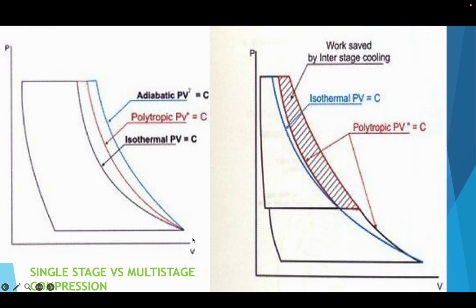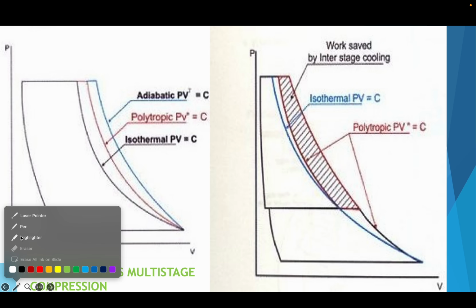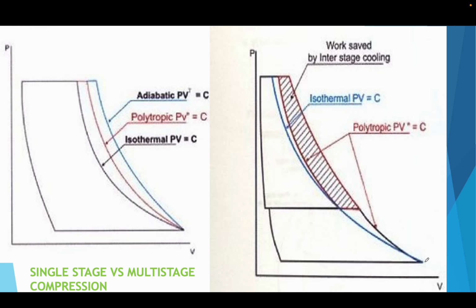Basically, suppose this is a polytropic graph and you are consuming the energy enclosed in it. Now you are following the multi-stage graph. Let's see what is happening. Here is the 1 bar. Now from 1 bar you are going to here, and it is 5 bar here. At this point, 5 bar, you are doing some cooling with the help of an intercooler. So from 1 to 5 bar you are compressing, and then you are intercooling the gas in between,